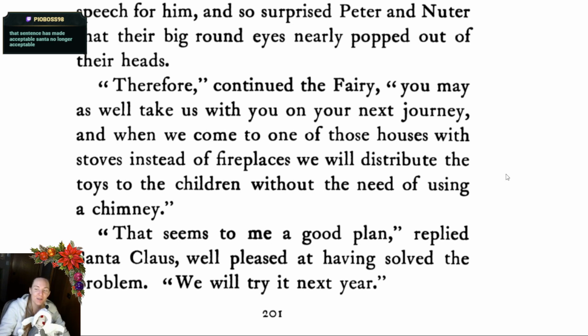That sentence has made acceptable Santa no longer acceptable. Well, he's not the one doing the breaking and entering. It's actually the immortal fairy folk. So Santa is still